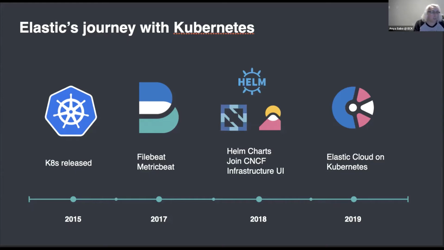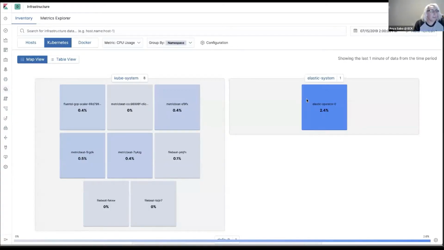And just for an example of what this actually looks like, inside of Kibana we have an infrastructure pane where you can see a lot of your Kubernetes infrastructure out of the gate. So you can see here you have your Metricbeats running. You have, in this case, an ECK operator pod, which we'll talk about more later. You can slice and dice things. So you can see their CPU usage. You can see it by the container that's running, by the namespace, or the host that it's running on.